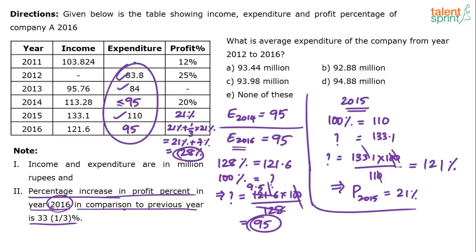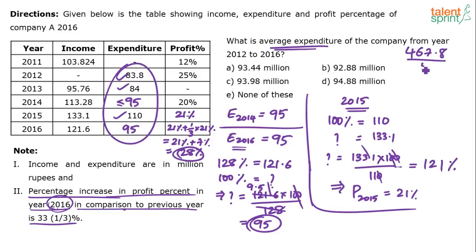Now go to the final calculation. What's the final calculation? He's asking us to find out the average expenditure from 12 to 16. So we've got all the values. Now find out the average expenditure. So add all of them. 95 and 95 is 190. 190 plus 110 is 300. Yes or no? This is 300. 300 plus 84, 384 plus 80, 464. 464 plus 3.8, 467.8. 467.8 divided by 5. So final answer should be